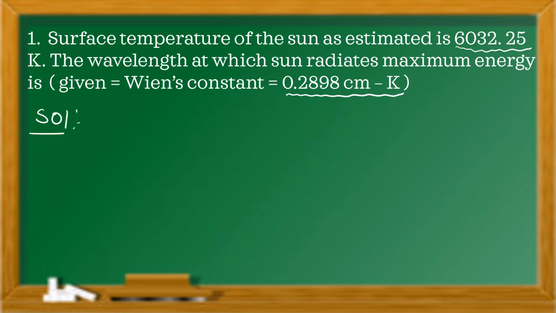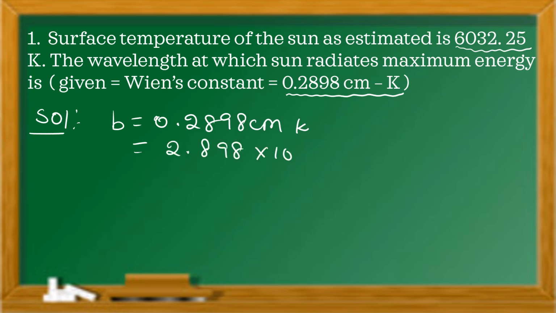We'll write what is given. Given Wien's constant b is equal to 0.2898 centimeter Kelvin. Now we are converting to meters: 2.898 into 10 to the power of minus 3 meter Kelvin. Now we'll write the temperature. Given the temperature is